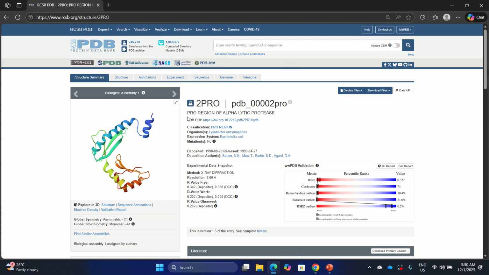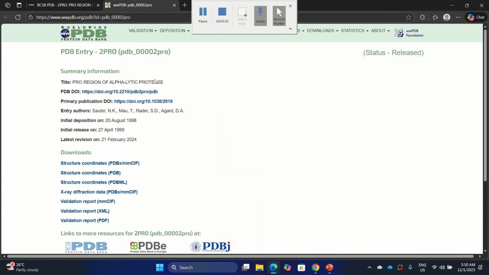After the PDB ID, we have the name of the protein, in this case pro-region of alpha-lytic protease. Below that, we have the PDB DOI, or the link to additional information regarding the protein.